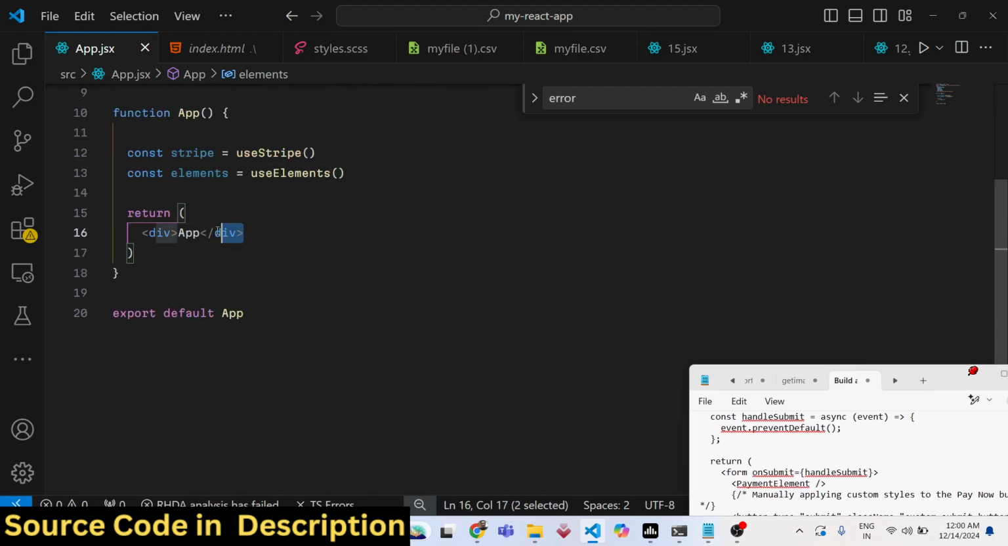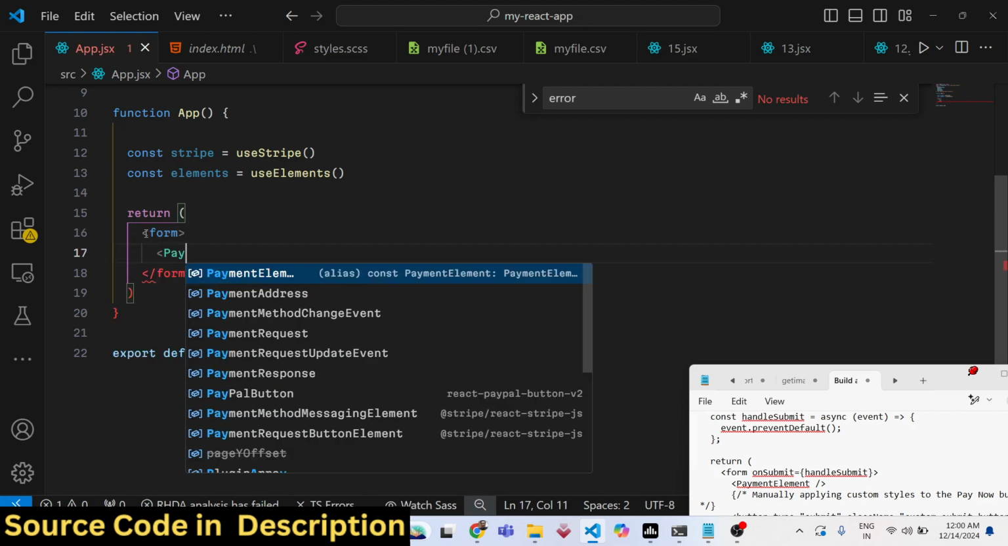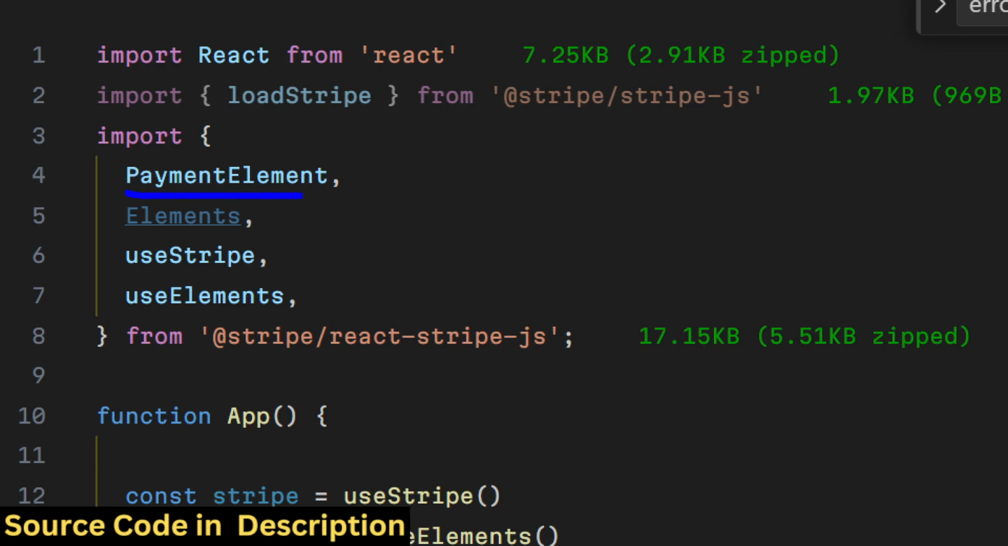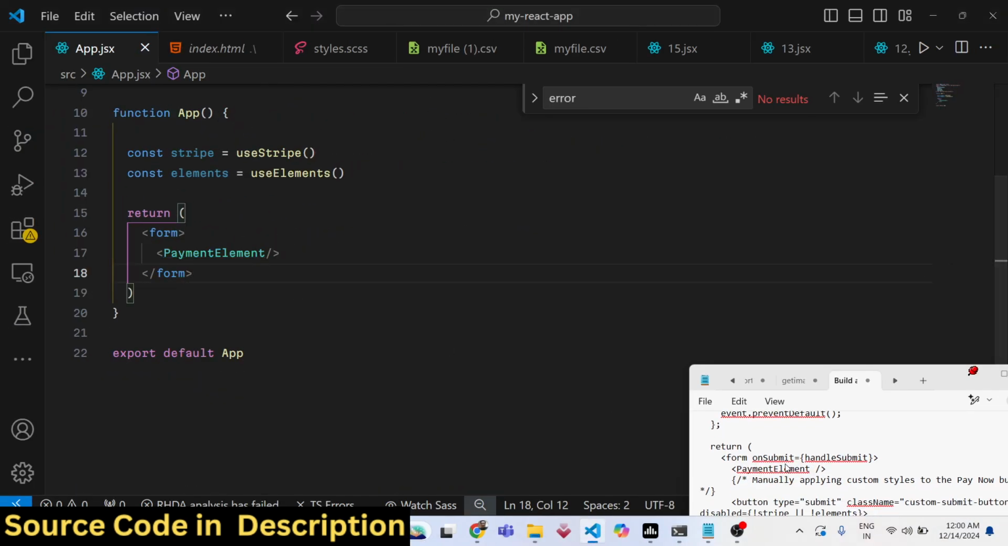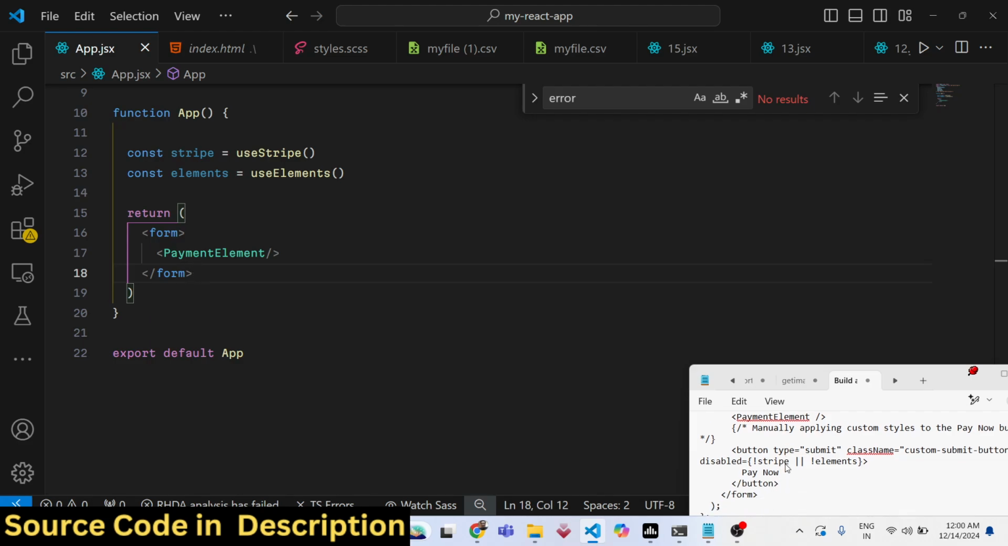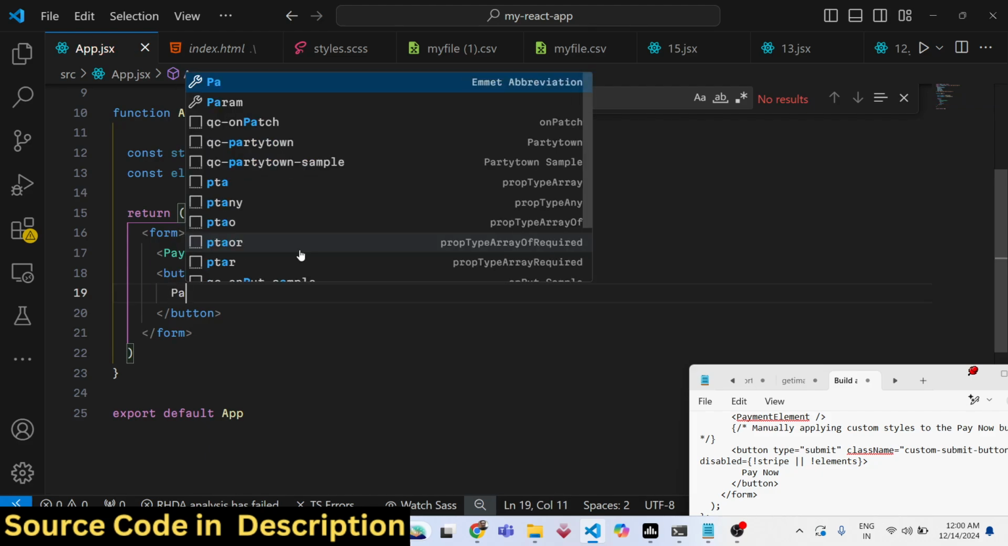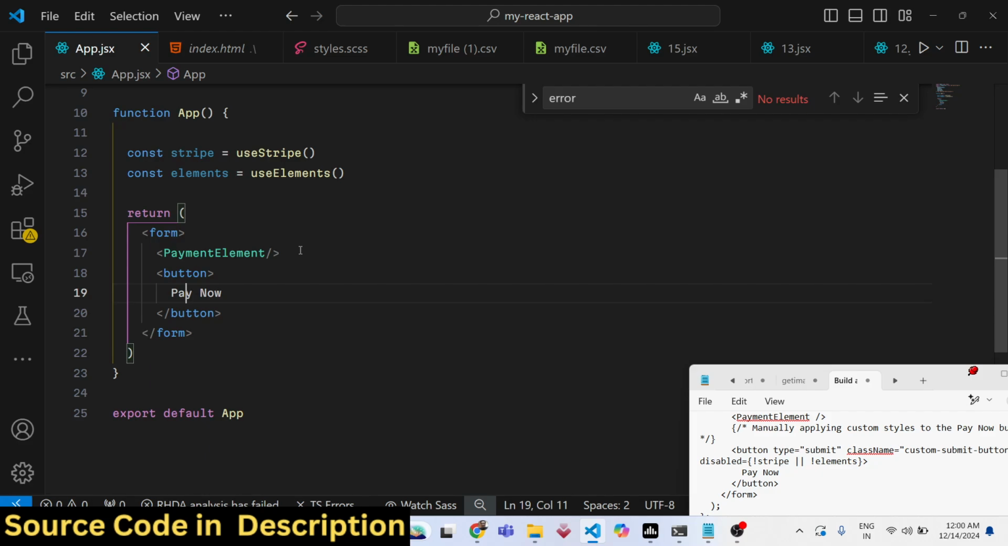Now inside the JSX, we will simply have the form, the Stripe checkout form. Inside this, we will include the PaymentElement that we imported. If you see, PaymentElement is a custom component of Stripe. After this, we can have a button to submit the form. This button will simply say pay now. You can customize everything, the label of this button. This button type will be submit,